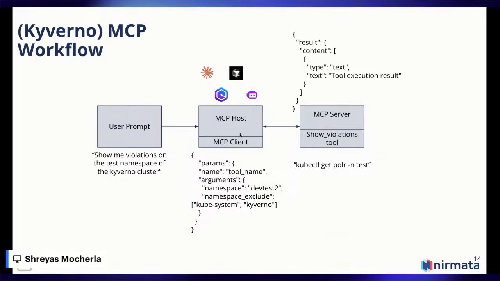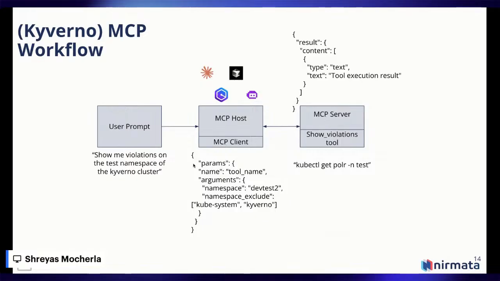So coming back to how the MCP client works, right? Every host that we have also ships with a client. What that means is because we have a server, we need to have a client, right? And that's where the client really lives, within your host. So the client takes these parameters, these tool names, these arguments, and then feeds them to the MCP server. Now you may be asking, how does the intent go to the structured format? That's where the intelligence comes in, right? The LLM is smart enough to decide by looking at the prompt and looking at the description of the tools provided by the MCP server.